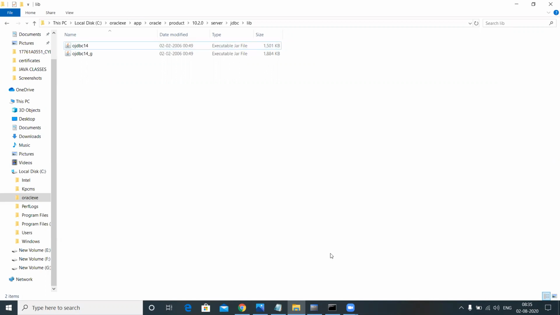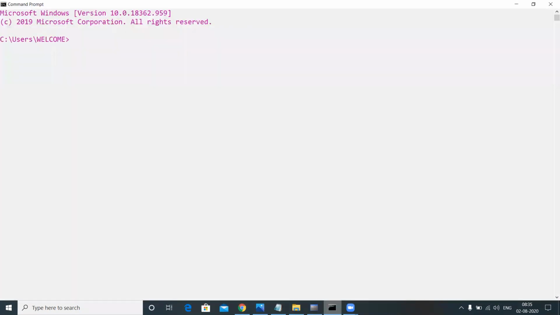Okay, let me run this code using Java command prompt. First I need to set the class path for the Oracle driver. Set classpath equal to, you need to write like this, %classpath%;.; which is nothing but if there is any class paths, keep this as it is and let me add some more class path. What is the class path?